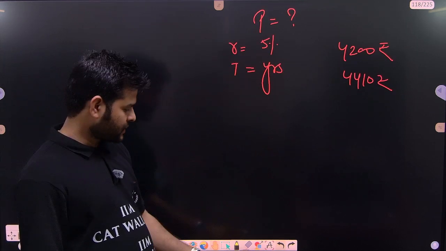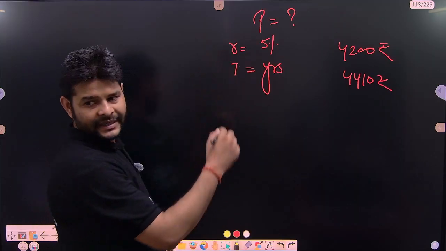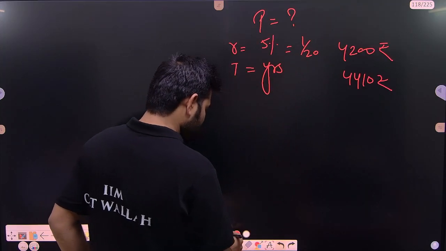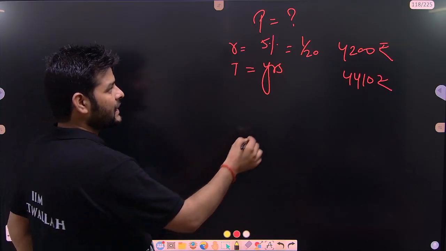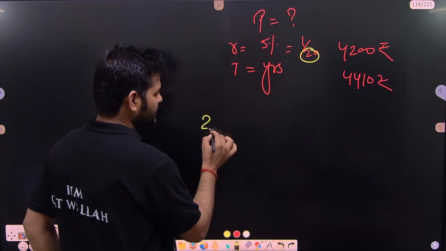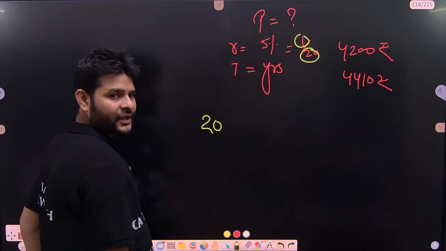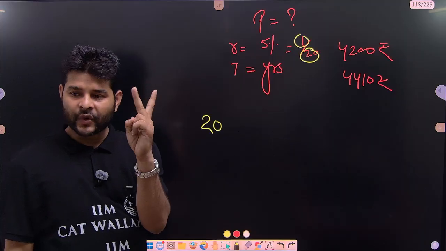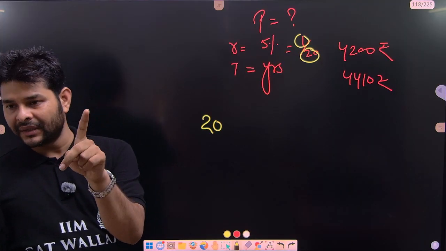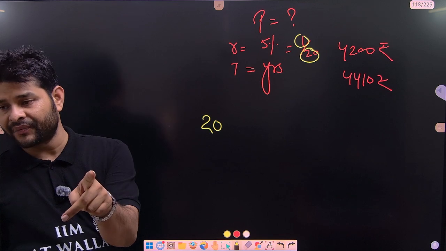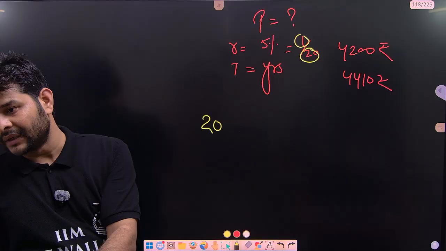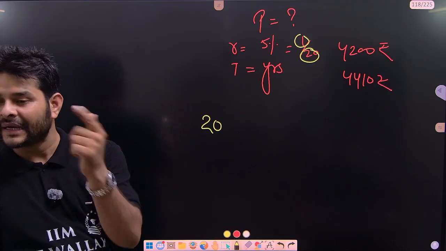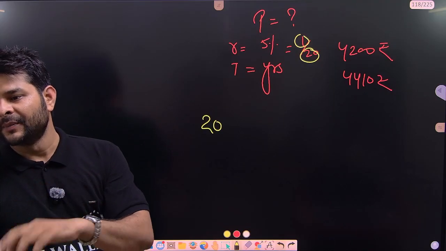We have this question. Rate of interest is 5%. That means 1/20. And we know how we apply the successive method. We take the first year, the principal is 20 and this value represents interest. So interest would be 1 for 1 year. If we have 20 rupees, it will become 21 at a 5% rate of interest. That would be your compound interest, not simple. But simple or compound is the same for the first year. That's the reason we can indirectly say that it would be simple interest as well.